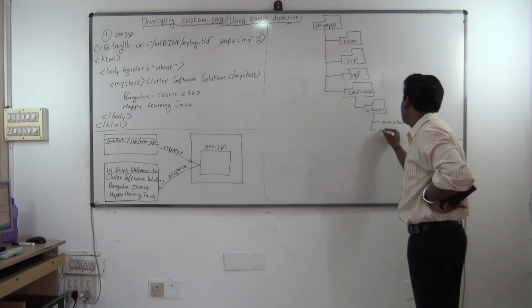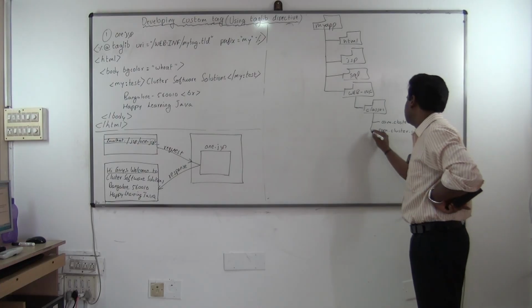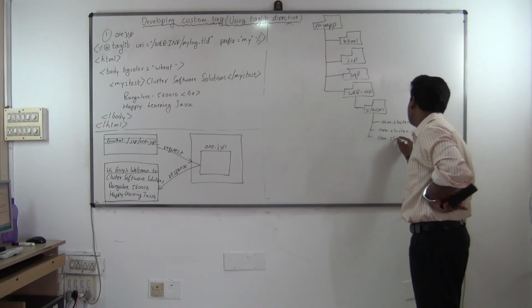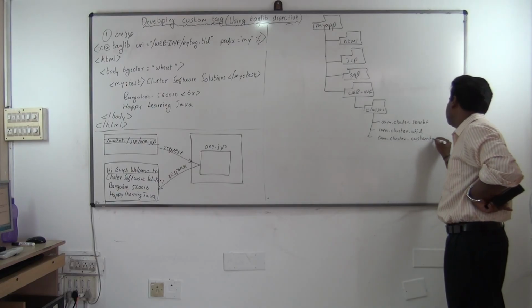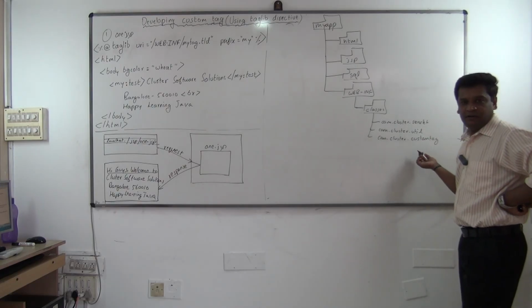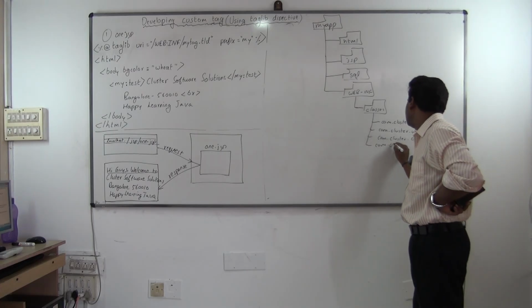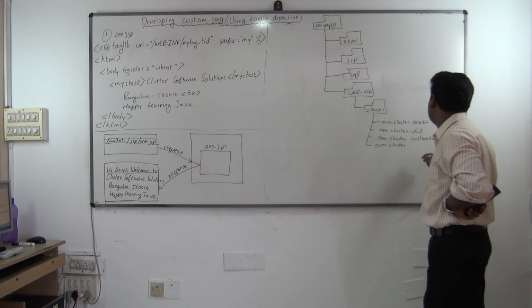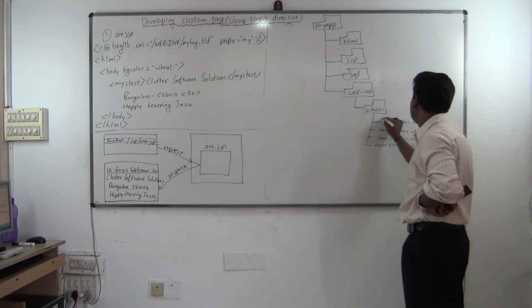Then you can write com.cluster.util, then com.cluster.customtag. Means when you are writing tag handler classes, now you put it into what? A package, like that all. Then more, you have written any other thing, com.cluster.to. So like this, you'll go on writing